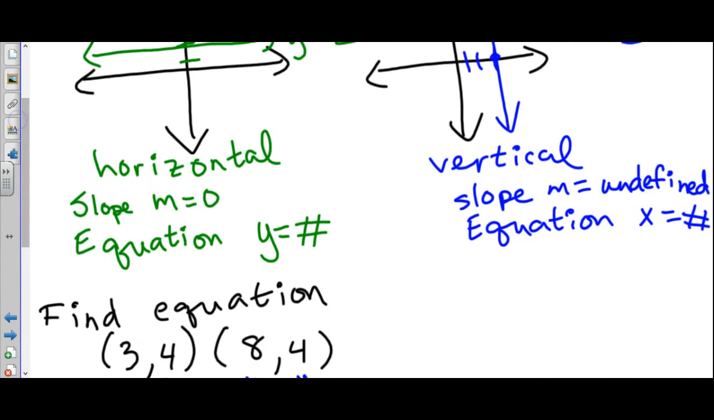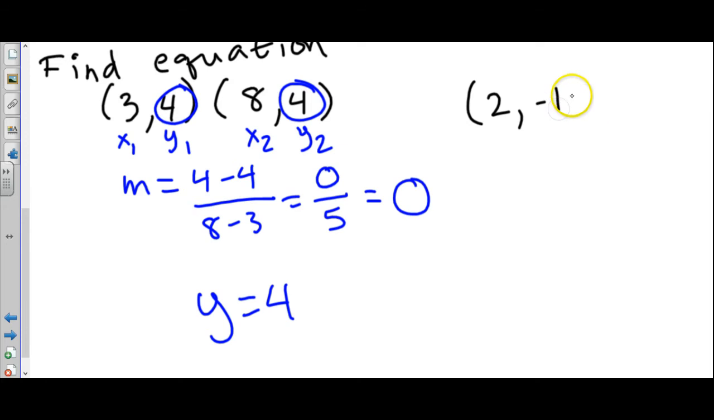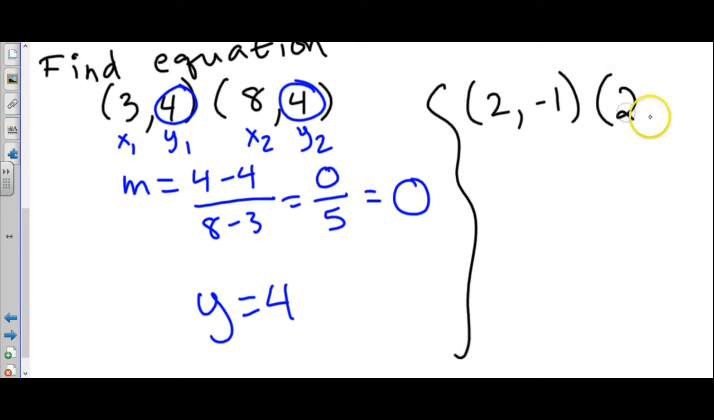That means it is a horizontal line, and it has an equation y equals some number. Well, looking at these, they have the same y value. That is the number that our y would equal. If it were to be something like this, so still same idea, we still want to find the equation. Again, we have our x1, y1, x2, y2,